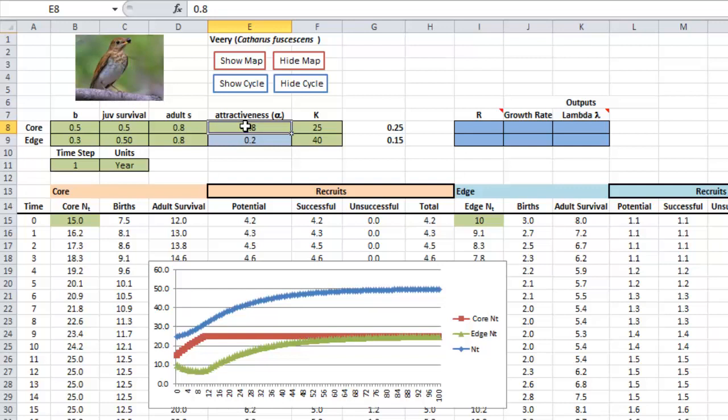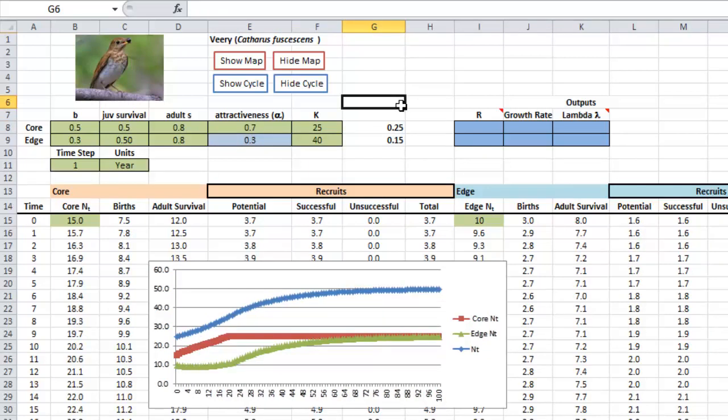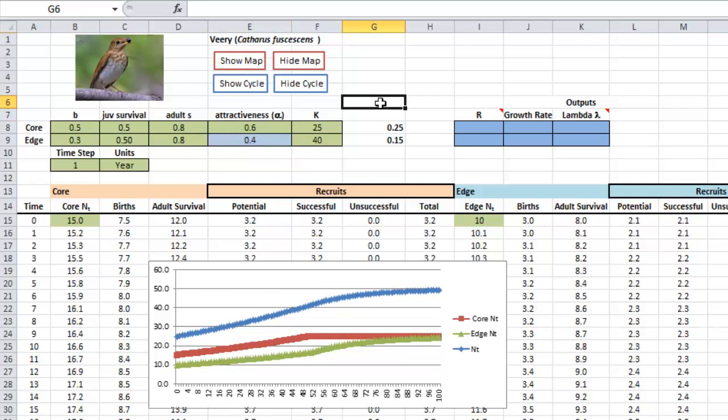We'll definitely be playing with this model in the sandbox, but just to give you a sense of how the model can be looked at and explored, let's go ahead and change this attractiveness level down a little bit, 0.7. That didn't change too much. We still have a high attractiveness for the core habitats, which have the higher birth rates. How about a little bit more? Well, still not so much of a change, but if we keep going down,